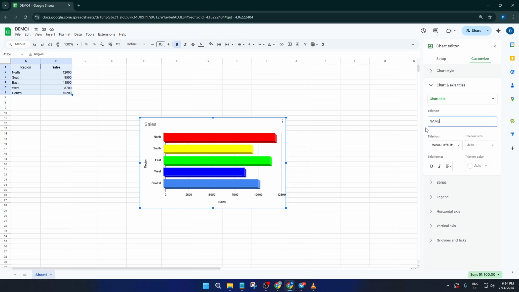Remember, you can explore even more options in the Customize menu, from changing font sizes to adding labels everywhere you might need them. The best way to get comfortable is to play around with the settings and see what looks